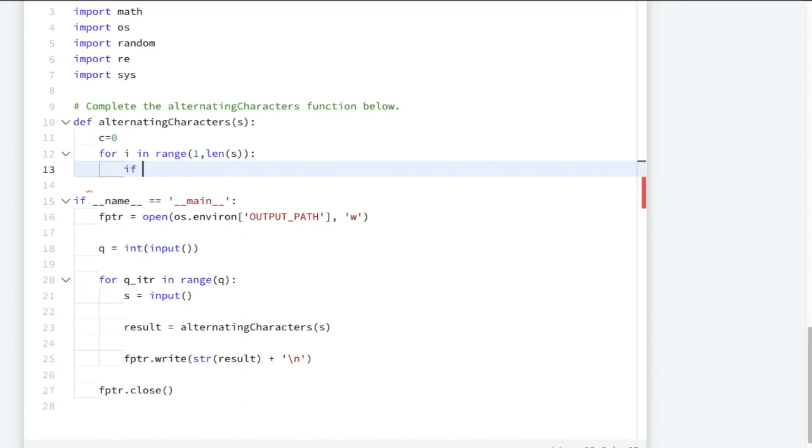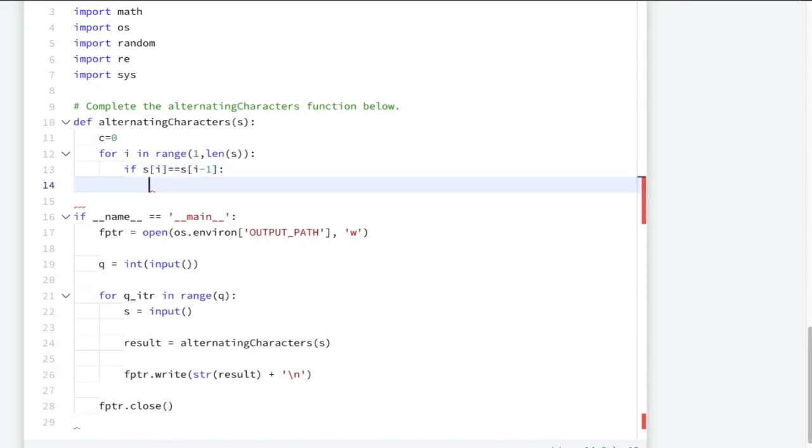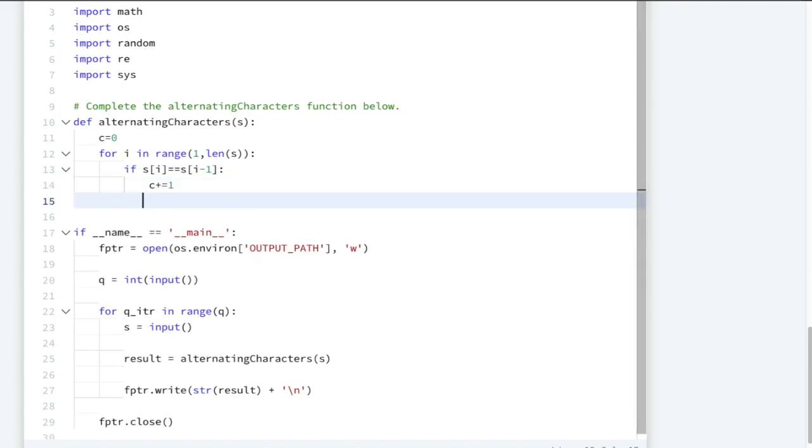Now if s of I equals s of I minus 1, if both are equal, then we'll simply add 1 to my counter. Quite simple logic, and at last we'll simply return this counter value C.